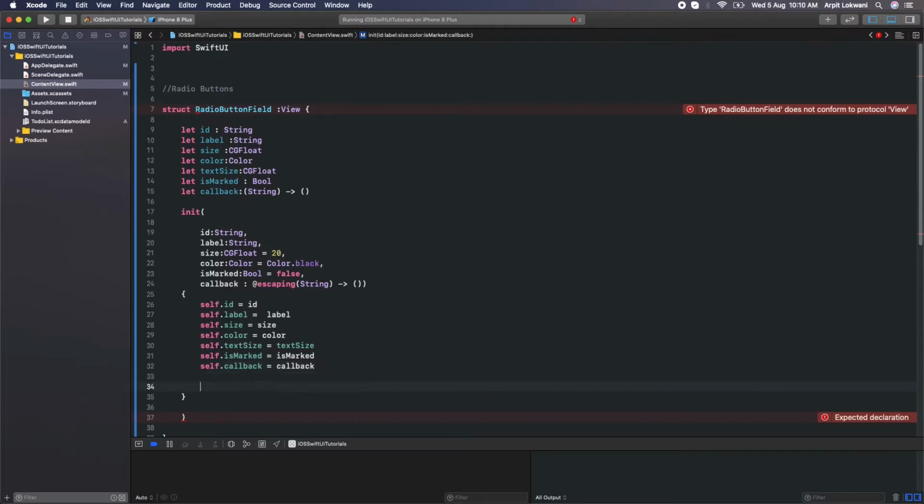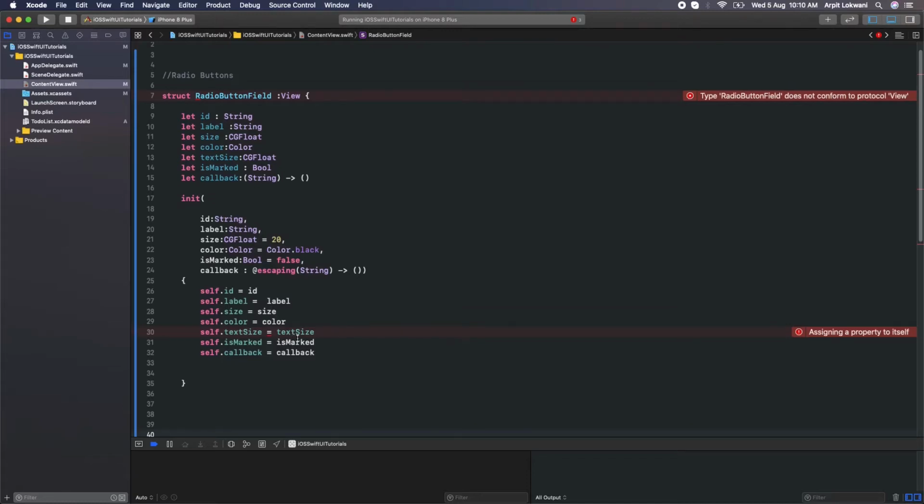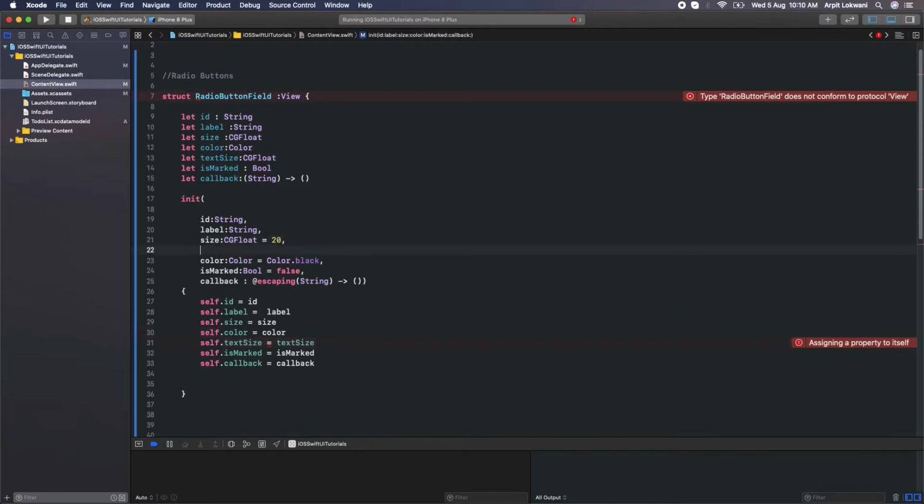Fine, so all good. Now it's showing an error, the type radio is not okay. It should not be itself. Sorry, we have not created the text size here, which is a type of CGFloat, and we can say 14.